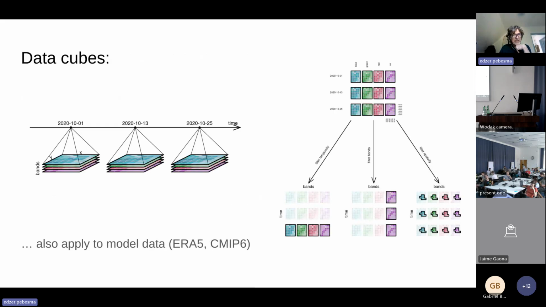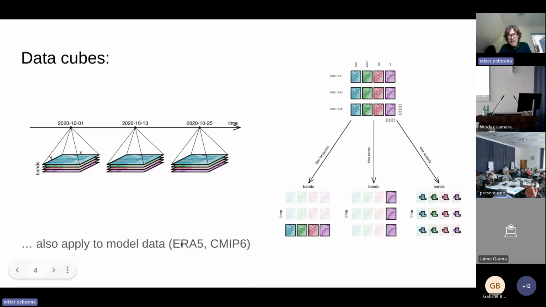The data structures we look at are essentially data cubes. So we have images. We look in Earth observations, images and time series, sequences of images, and images are typically multispectral, right? So this is the canonical data cube. Of course, data cubes are just multi-dimensional arrays where array dimensions can reflect all kinds of things, space and time. There can be multiple time axes. There can be dimensions that are associated with vector geometries, vector data cubes, and so on and so on. But this is a model that is very useful for Earth observation data.